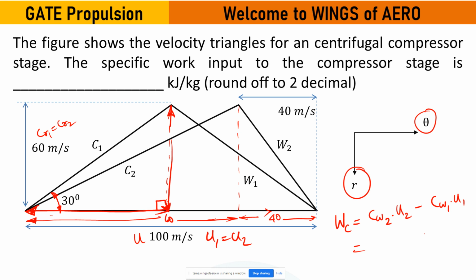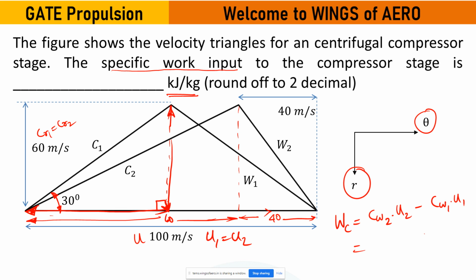Okay, so specific work output means whenever we get the work in terms of kg, with respect to unit kg, then only we call it a work output. That is the difference between work output and work input. When something is divided by kg, per unit mass, it becomes specific. And specific work output is